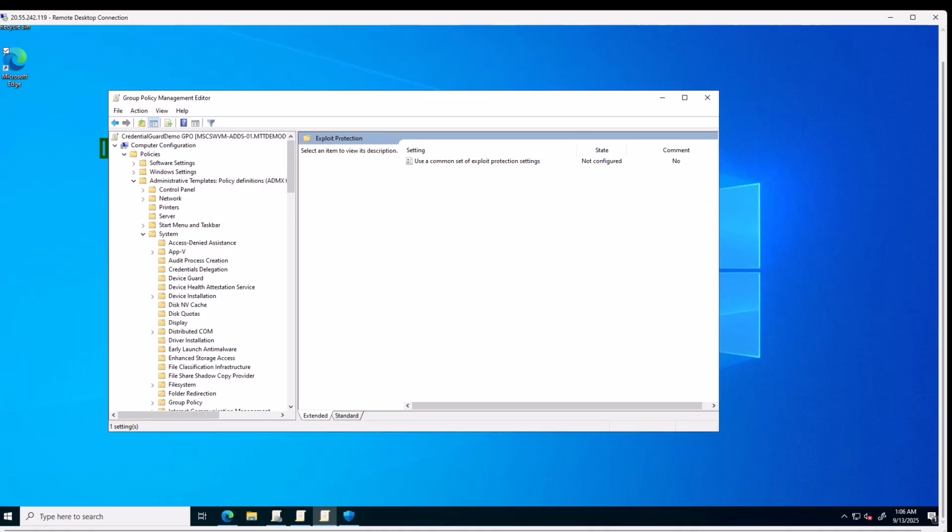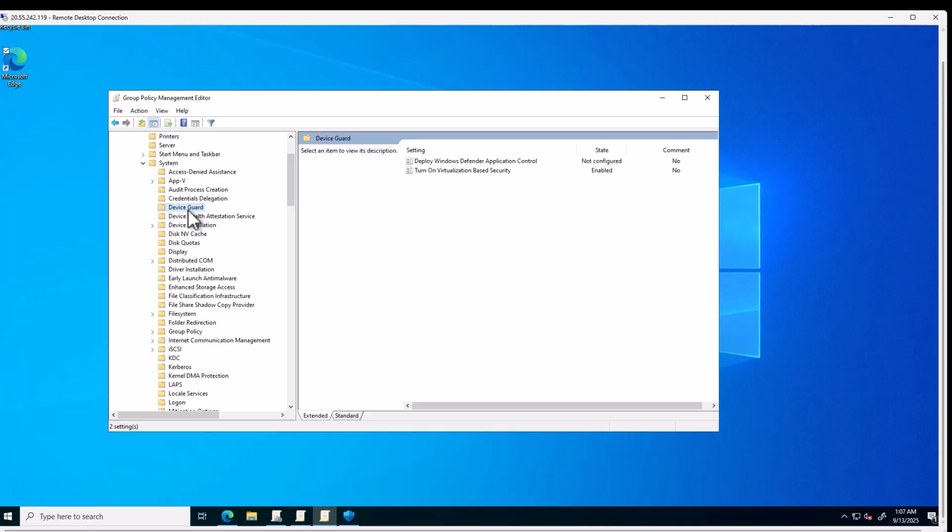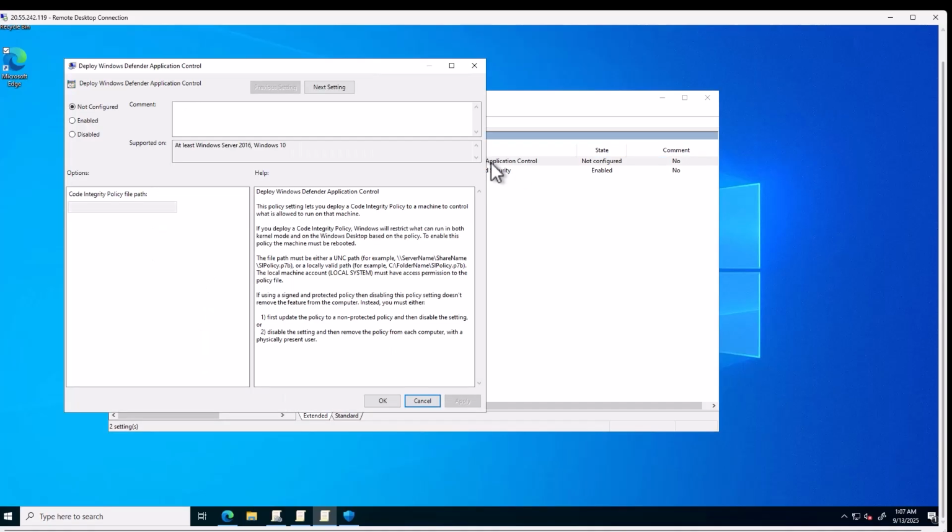To find the spot, you go into Computer Configuration, Policies, Administrative Templates, System, and then from there you scroll down, and one of the first options we have is back in Device Guard. In the previous demo we talked about virtualization-based security, and now in the same spot, you find Defender Application Guard. The concept is the same. You're going to enable it, and from here, you're going to see that it's looking for